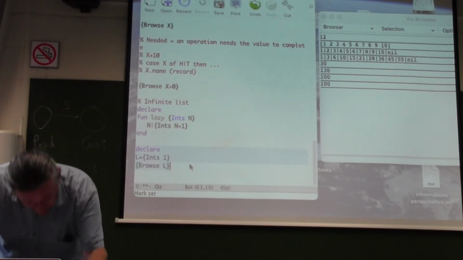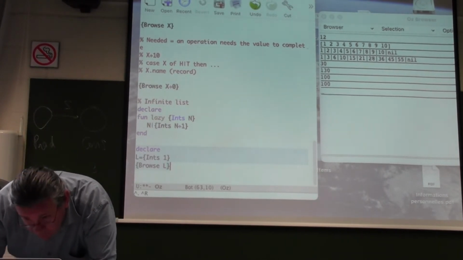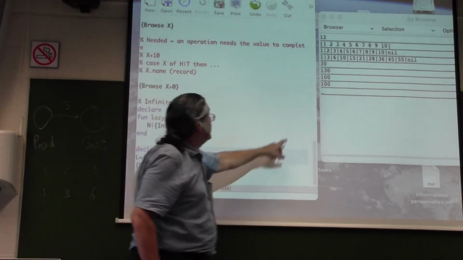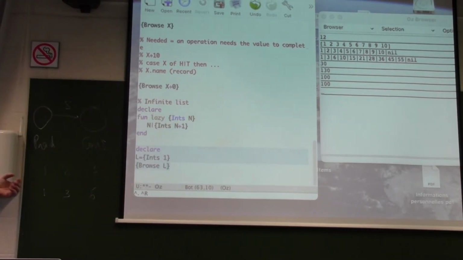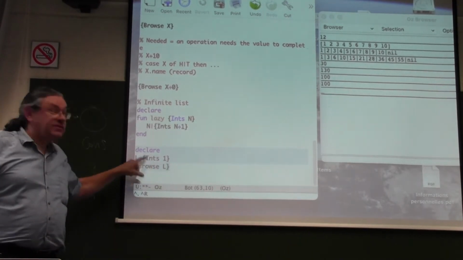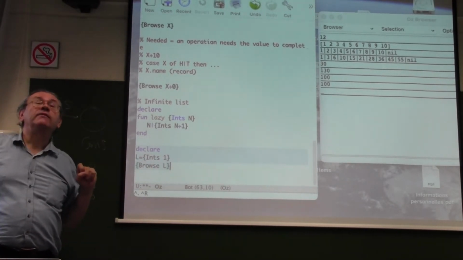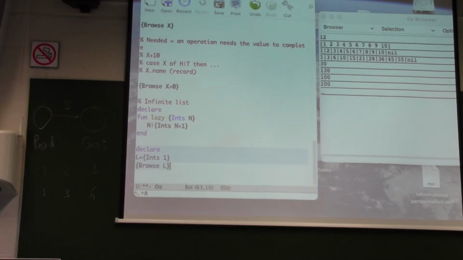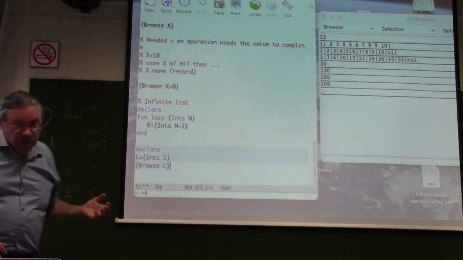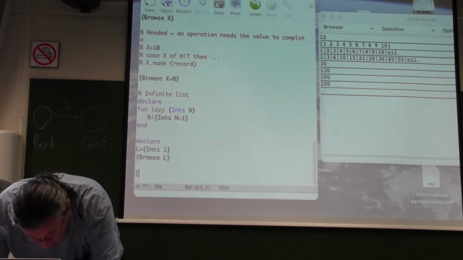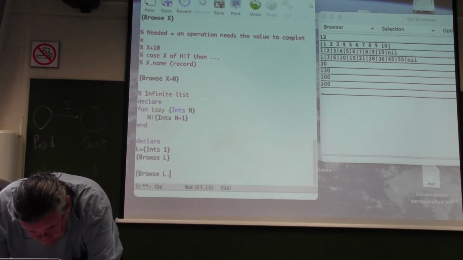So when I run this, this will basically do nothing. Well, it creates a lazy suspension. Does nothing. So how can we force this function to calculate? Well, the only way to make it do something is if we actually need the result, okay? So for example, if I want the first result of the list, L.1,